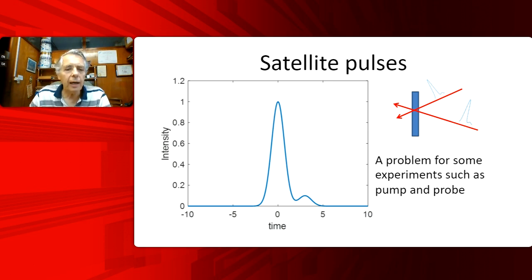Now, if you have a pulse like this one I'm showing here that has a satellite pulse, this satellite pulse will confuse you when you are trying to understand the temporal response of your system, because when your probe pulse overlaps with the satellite pulse, that will give a funny signal that will be difficult to interpret. So this is a different situation. This satellite might not be a killer for a multiphoton process, for microscopy, but it is a killer here.